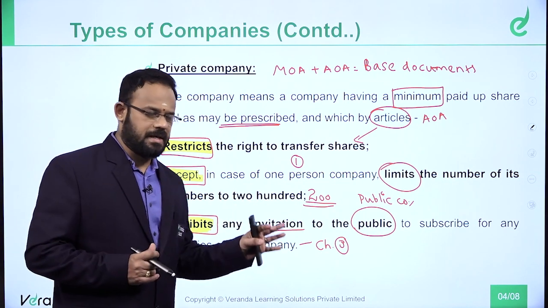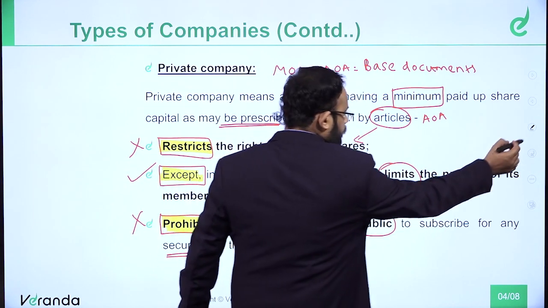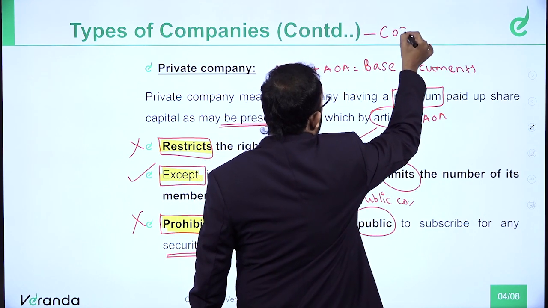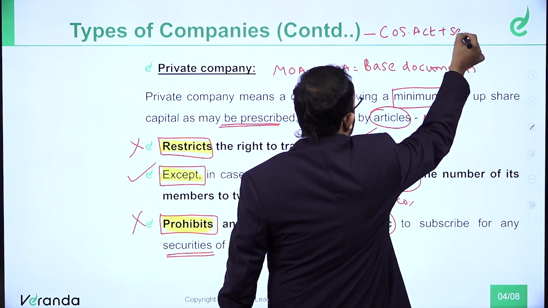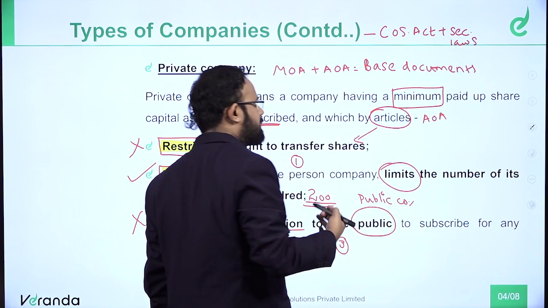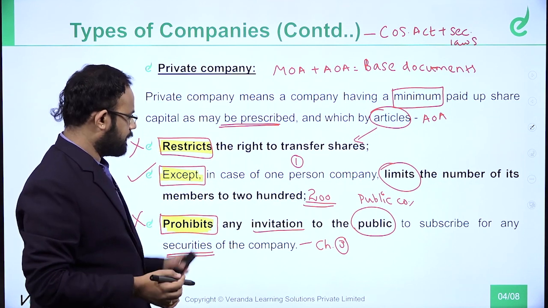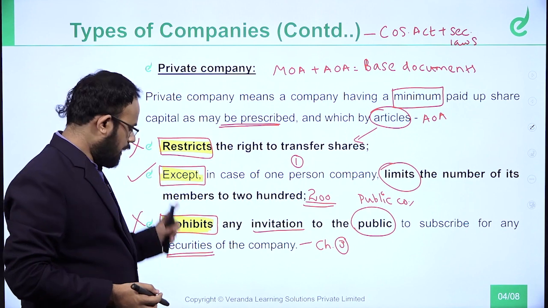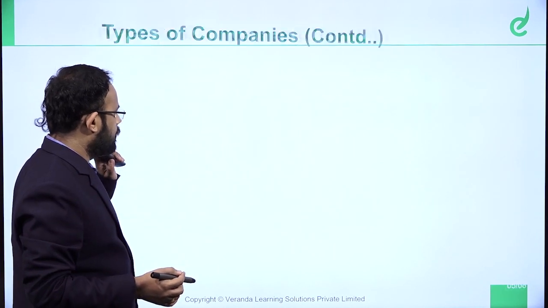Company means Companies Act. So we are connecting what? We are connecting two things. One is going to be the Companies Act and another is going to be the Securities Act. So the Companies Act we are covering, plus securities law we are going to cover. In securities laws there will be SEBI, SCRA, etc. So the securities we will cover in chapter number 3. Please try to remember it, write it, keep it strong and mark it as important. Are we clear with this? Yes. What is the next one?